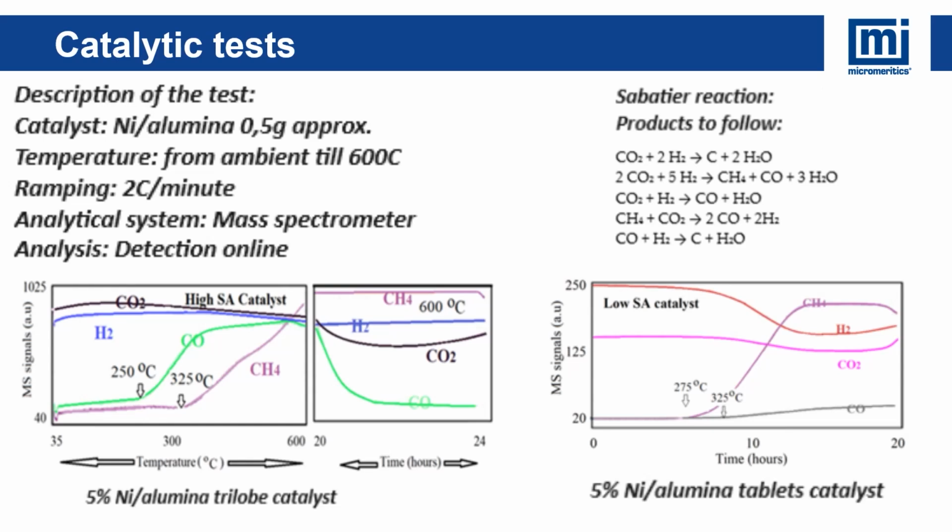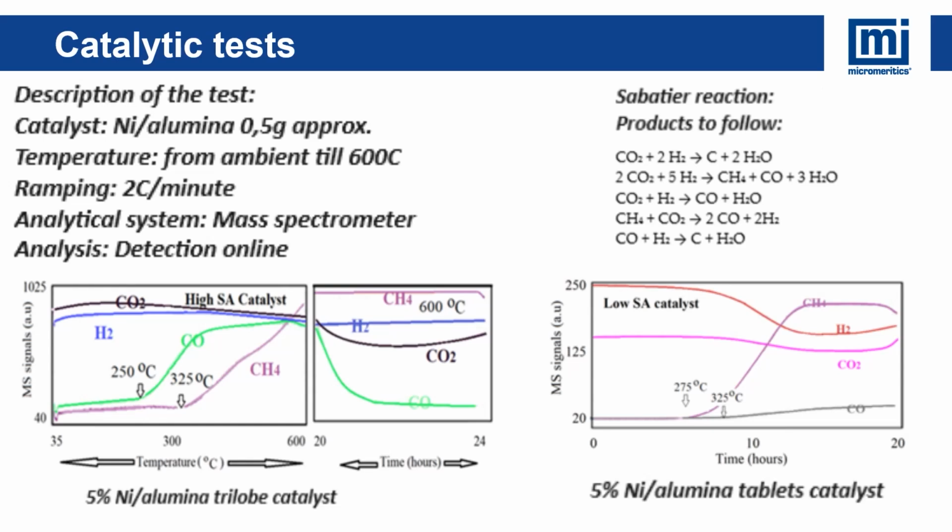Okay, after we do this analysis, we proceed with the reactions. As I said, we took both catalysts at approximately 0.5 gram, and we went up from ambient temperature to 600 degrees C, ramping 2 degrees C per minute. Our method of measuring the activity of the catalyst is really special, because what we did here, having the